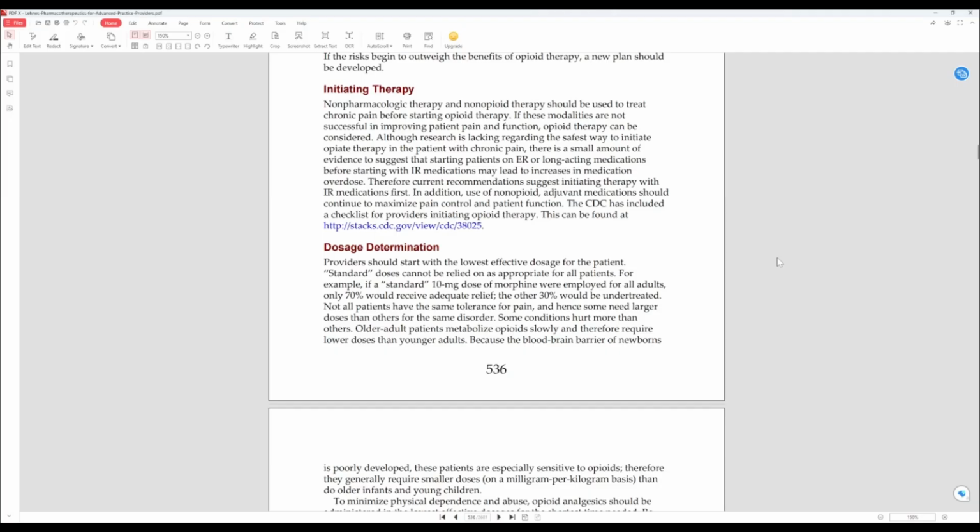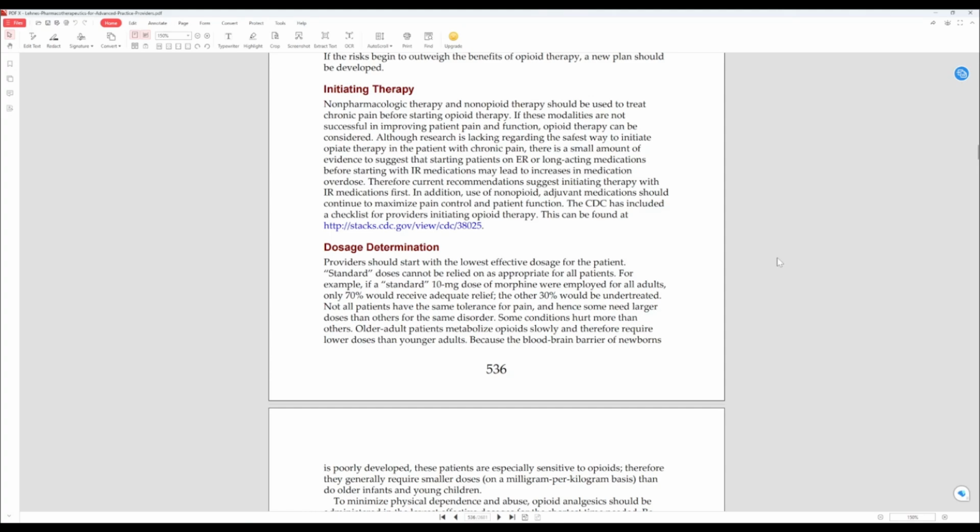Initiating therapy: non-pharmacologic therapy and non-opioid therapy should be used to treat chronic pain before opioid therapy. If these modalities are not successful in improving patient pain and function, opioid therapy can be considered. Although research is lacking regarding the safest way to initiate outpatient therapy in the patient with chronic pain, there is